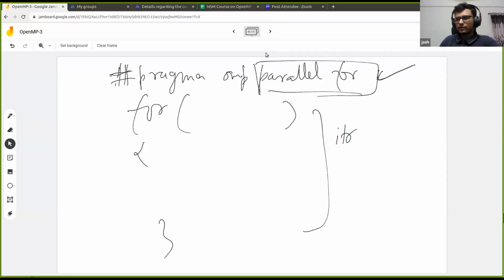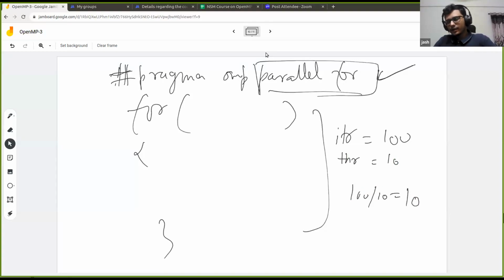Let's say there are 10 threads and the number of iterations is 100. Then each thread will get 100 by 10, which is 10 iterations of this loop.